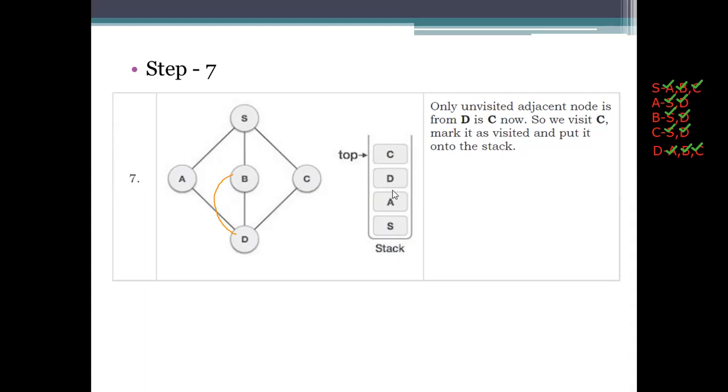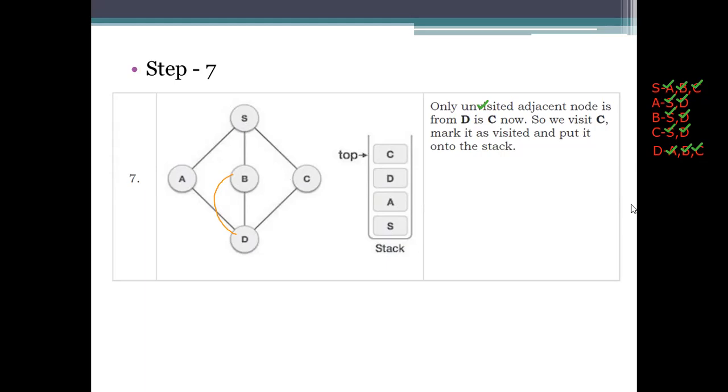So first, how are we going to process this? First, plot these values, see what the adjacent nodes are, and plot the values. Here we need to look only at the unvisited ones, not the visited ones. So we need to record the values for this node or any node, whether it has any unvisited node or not. If it is a visited node, we won't consider it here.